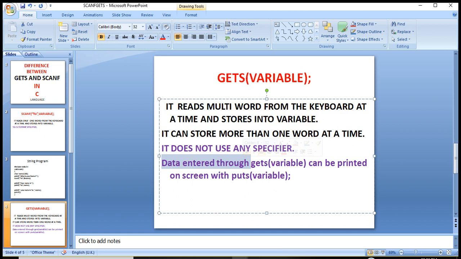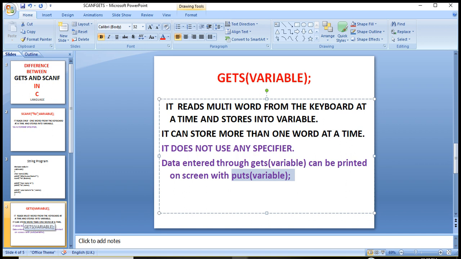Generally, we use the printf function to print the message, but there is another function, puts, that can also print the data of the variable. It does not use any format specifier, and it is used to print only strings.